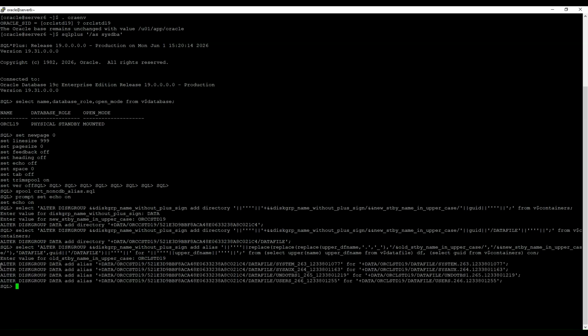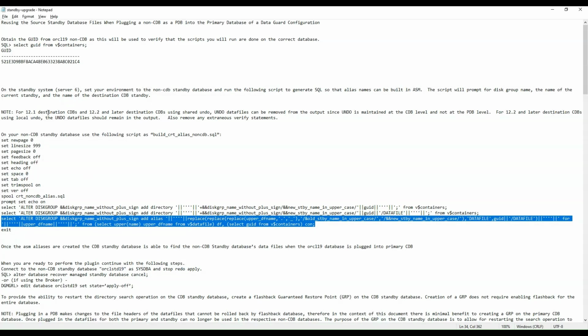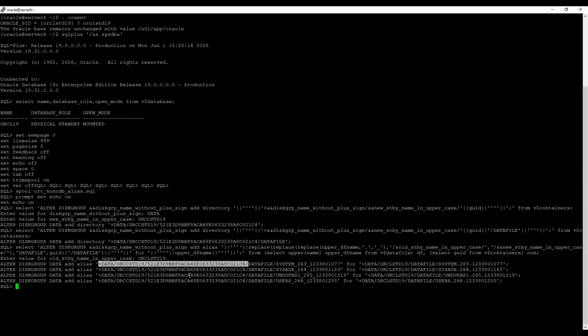And it has generated the ASM aliases for the data files. Alter disk group data, add alias. So it is creating an alias under the ORCC std19 and with the container ID. This is the container ID. So using that under the container ID, it has even created the data file subdirectory. So this path is created earlier. When we run this command, it creates this